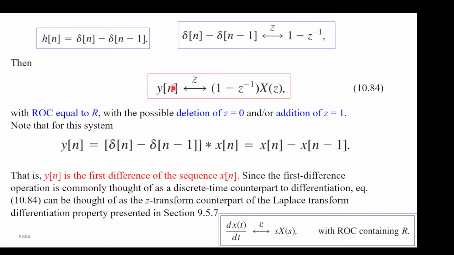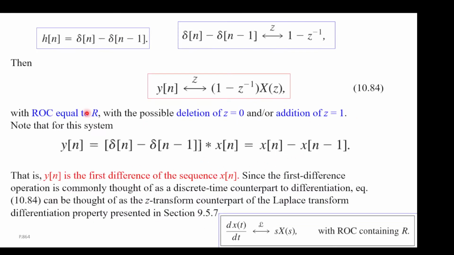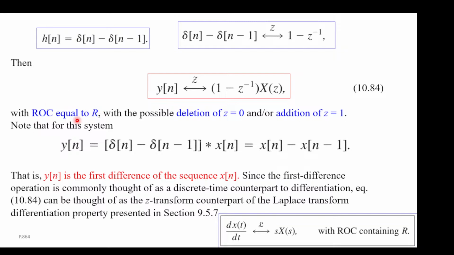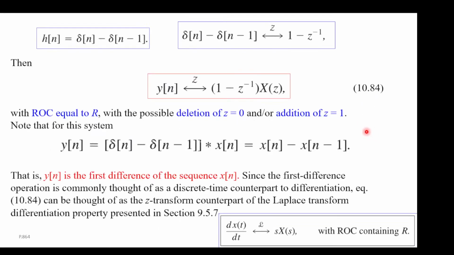We get the z transform of the output signal. The ROC will be the intersection of the ROC of everything, and the intersection with the ROC of R here. So it's basically the whole R, but we also have a pole here and a 0 here, and what this pole and the 0 do is that you might delete the pole at z equals 0, or you might